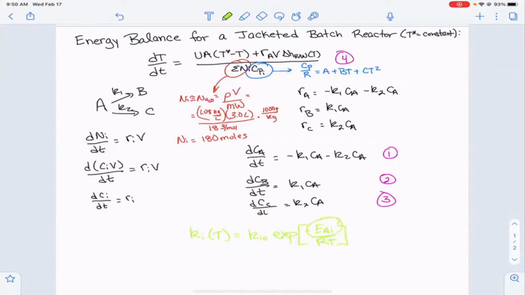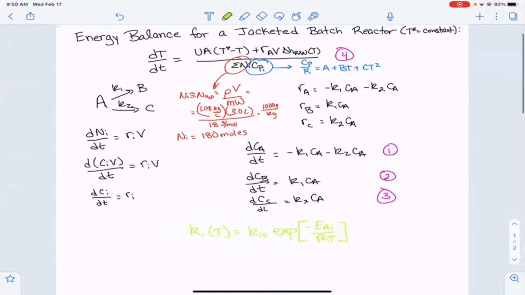We're given the activation energy, and we're given the value of the reaction rate constants at a specified temperature. So one of the things that we can do when that's the case is say, well, I know this is ki at T2 equals ki0 times the exponent of minus the activation energy over R times T2, and then just divide that by the same expression at a different temperature, right? So then that's ki at T1